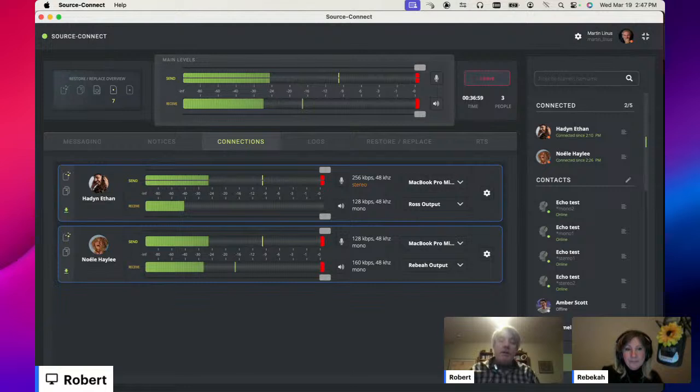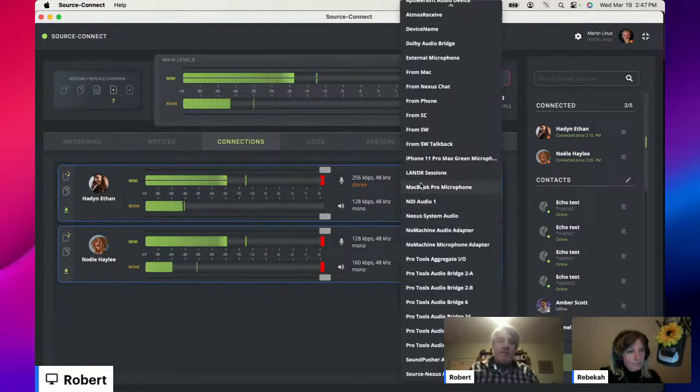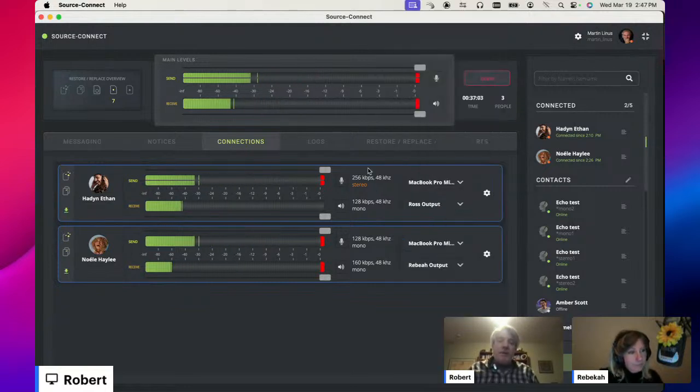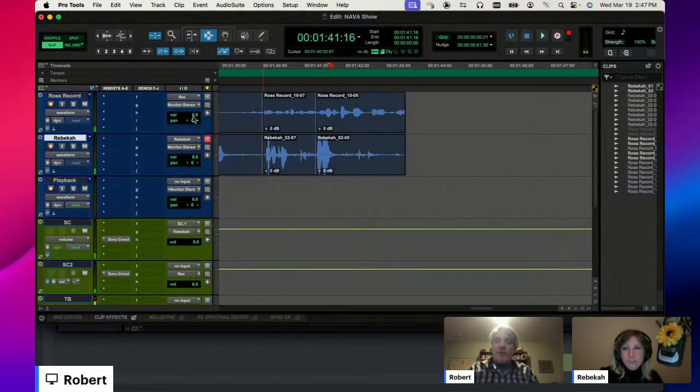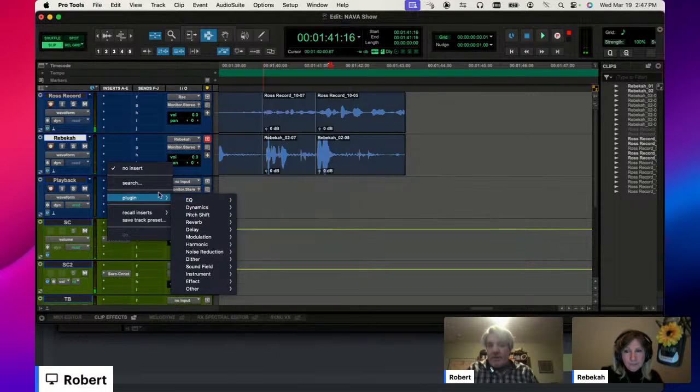And if I wanted to, I could switch my input. Right now I'm just feeding them directly from my microphone, but I could switch them to an input that is basically derived from playback on Pro Tools, and then they could hear playback. So I could do that. Quick way to do it. Let me see here. I could basically take my playback track